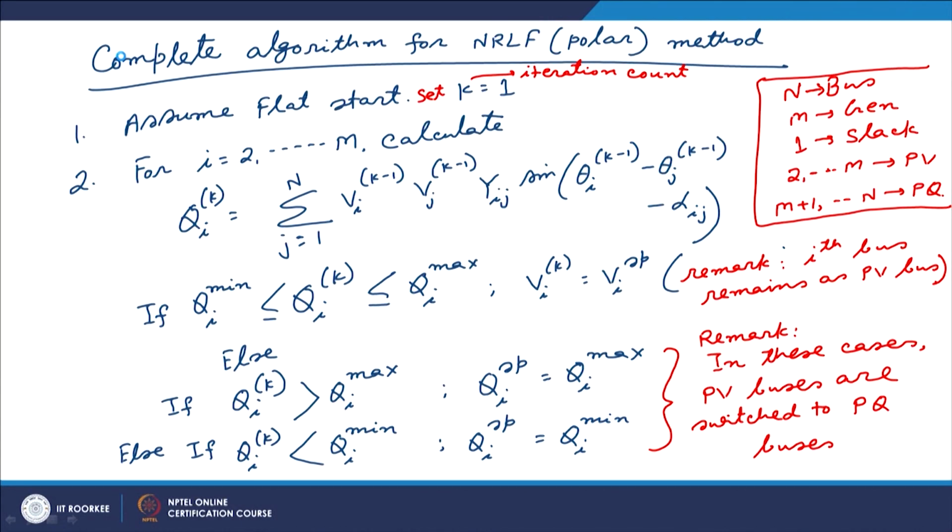Now, because one extra unknown is being generated, we also need one extra equation to solve for this extra unknown along with the other equations. Now, from where will we get this extra equation? We will get this extra equation from the value of Qi specified being equal to either Qi max or Qi min, right.